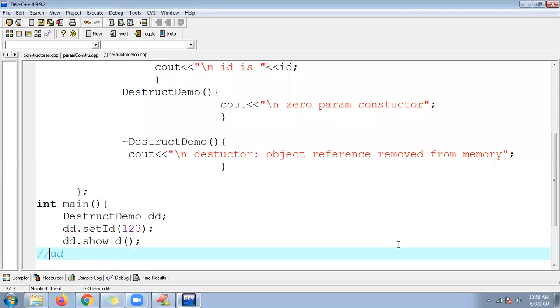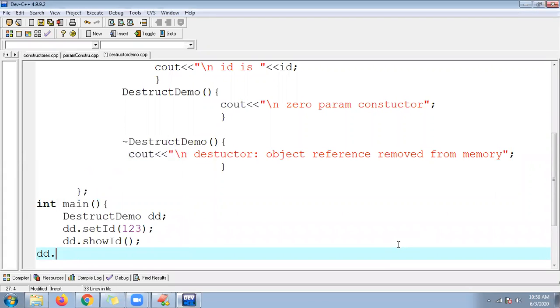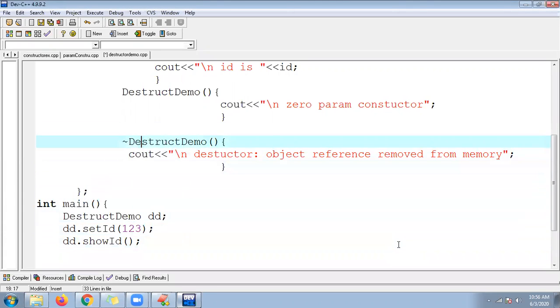Next, dd dot, I want to remove. What should I call, guys? Destructor. So let me call my destructor. How do I call it? Control S, Control F9.